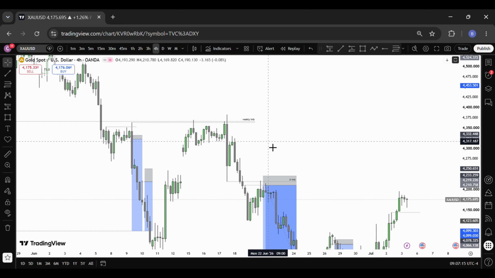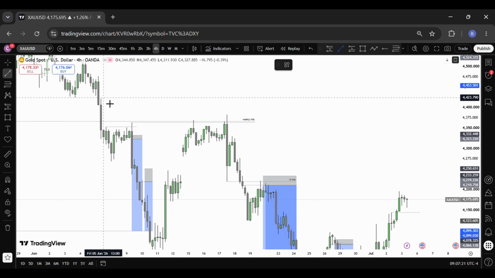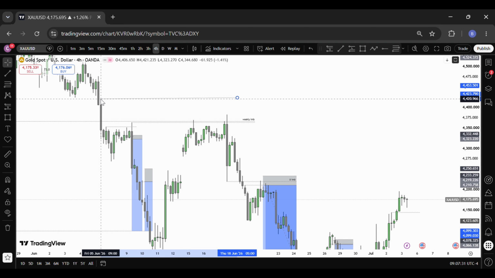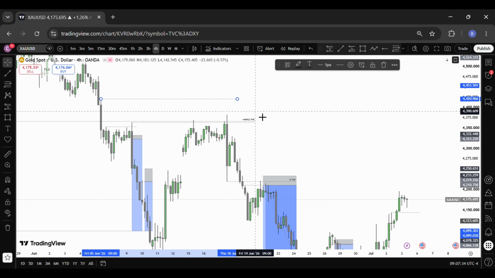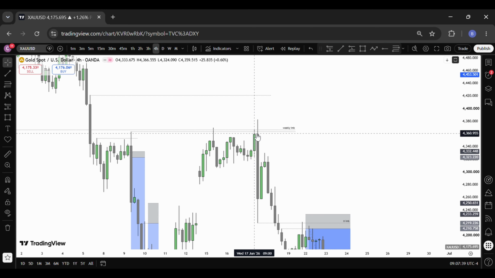The manipulation was the bullish move, which everyone was buying, and I sold. My stop loss was at this particular high, I would say. So my first trade stopped me out, and I'm going to explain why, but the second trade held. I saw this particular candle, and we had a bearish move in this bullish candle. This was the candle I sold, and I withdrew money out of my equity because